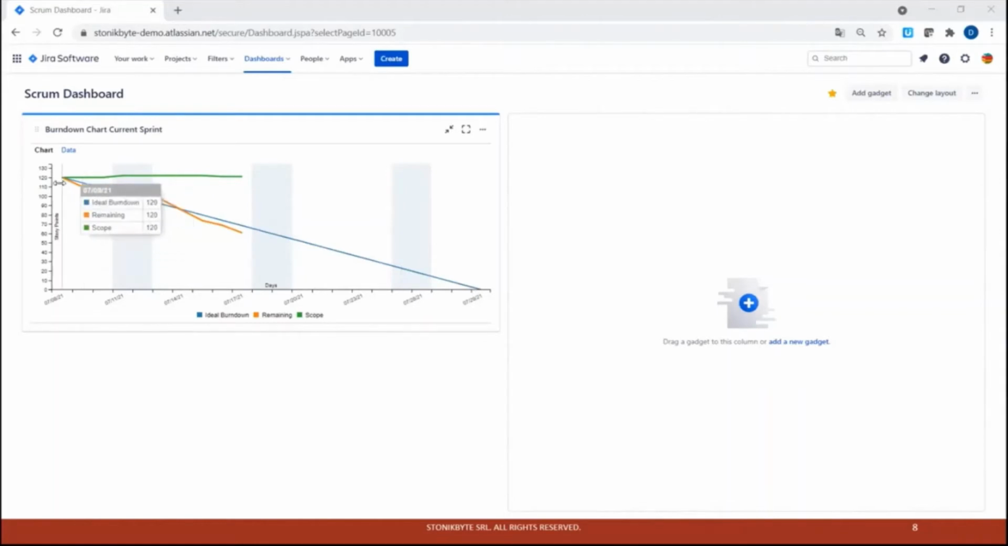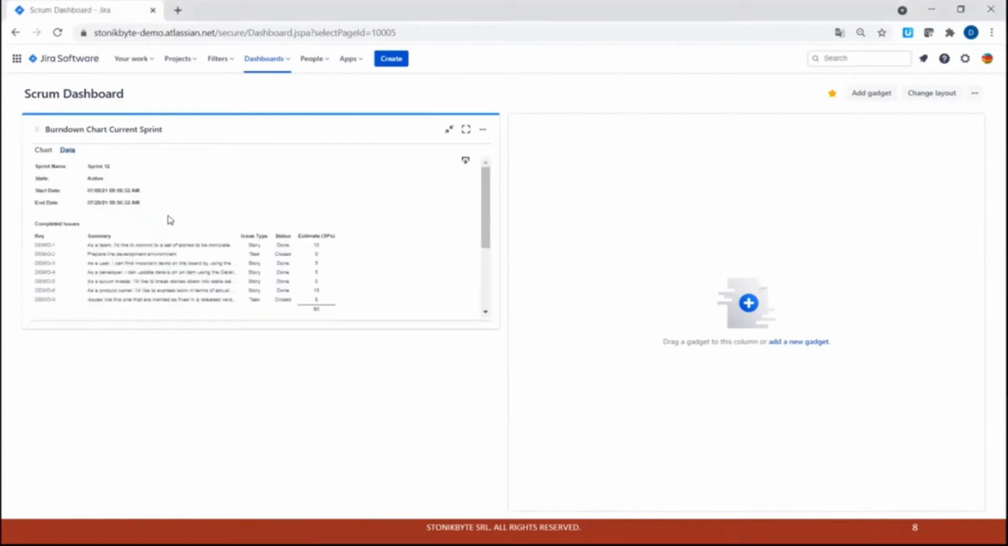So you start the sprint with 120 story points remaining. To finish the work in the sprint, you should progress like this in the ideal case, like it is in the ideal burndown line here. And this is the actual remaining work that is displayed now. That is the current remaining work of the team. As you can see, the remaining is below the ideal burndown, which means that we are ahead of schedule with the sprint. So this gadget gives you the progress of the team for the current sprint,